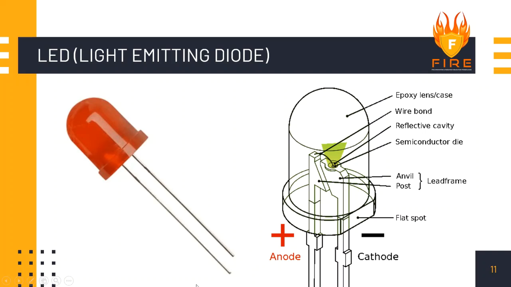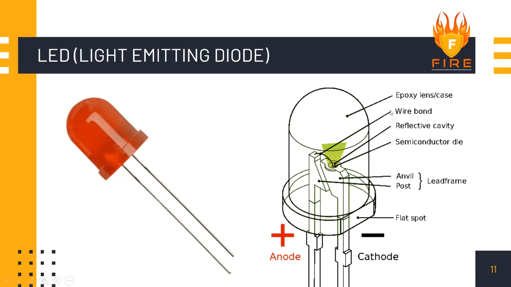These two wires have some difference in their lengths. If you see, one is shorter and one is longer. The longer one is called the anode or the positive terminal, and the shorter one is called the negative terminal or the cathode. Always remember the positive and negative legs of the LED. The longer one is for positive and the shorter one is for negative, because this is where you get confused. Because in the battery you always have to connect positive to positive, negative to negative. If you connect it inversely, in reverse connection, it will not glow, it will not work, right?